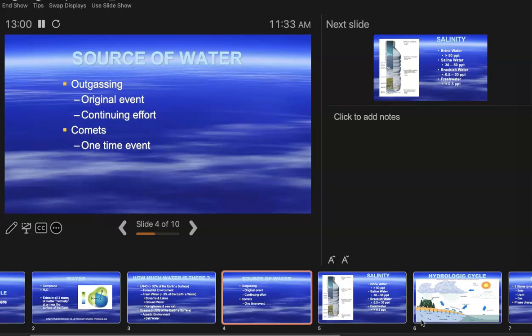That event is called outgassing. All right. Outgassing is an ongoing effort. As I said, every time a volcano belches out, we get more water vapor. As some senator was kind enough to point out, a volcano puts out more global warming gases in a single eruption than most cities do in a couple decades. It's absolutely right. Okay. But again, we can't control a volcano. We can't control the city. We can control our own expenditures. So there's that.